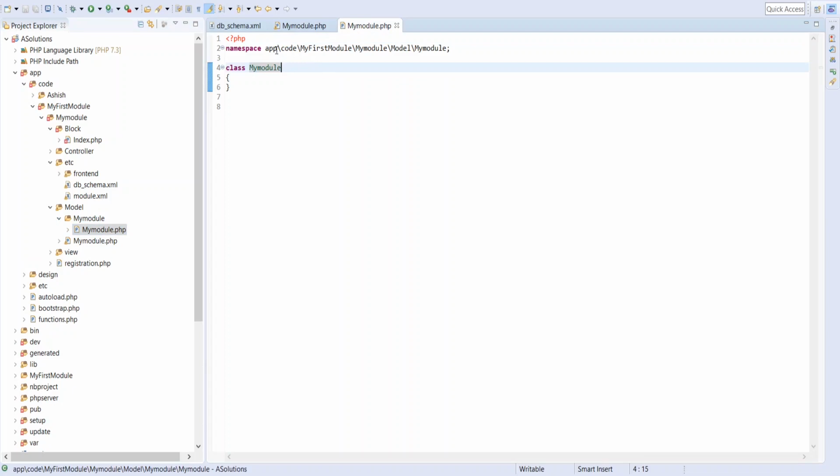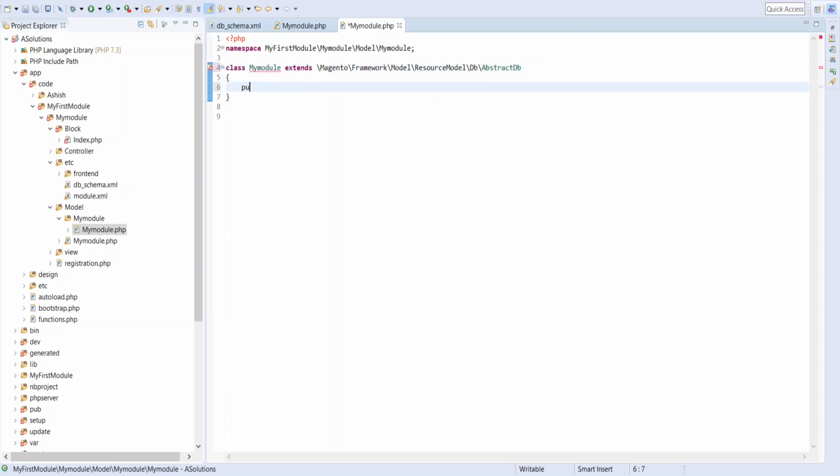Here you can see I have created one resource model. Now the resource model class must extend from Magento framework model resource model db abstract db. Inside this resource model we'll create the construct method.